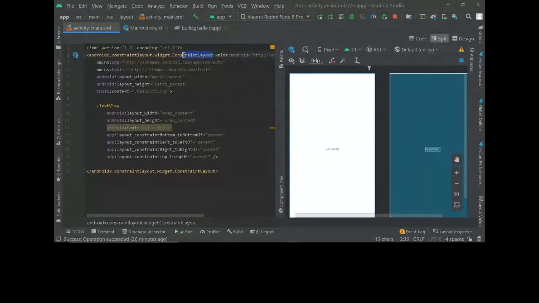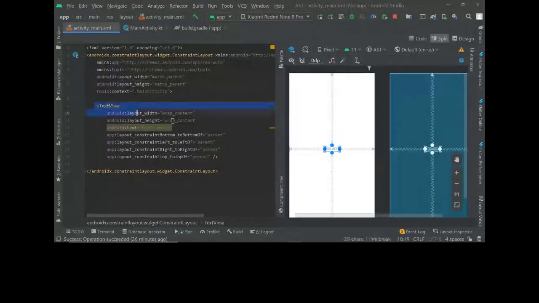There are different kinds of view groups. Here, by default, you get ConstraintLayout. ConstraintLayout means all the children views you have inside this layout, you can apply constraints to. I'll show you what those constraints are. You can see here something called layout_width, which is equal to match_parent. This means that the width of this view group is the same as the parent view. Here, the parent view is nothing but the whole screen, so that's why it covers the whole screen. Similarly, height match_parent covers the whole screen.